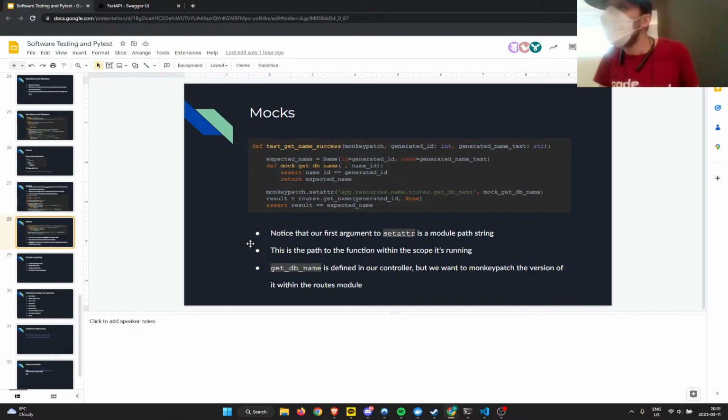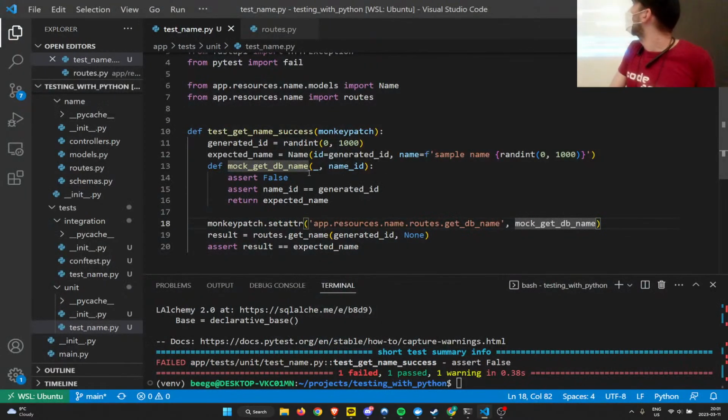Is there a certain what? Assert false. You added that assert false. Oh, yeah. So the reason I added assert false was just to show that the mock function was being called instead of the original function. Because nothing is calling this directly.